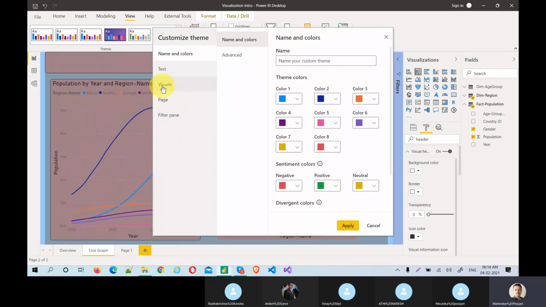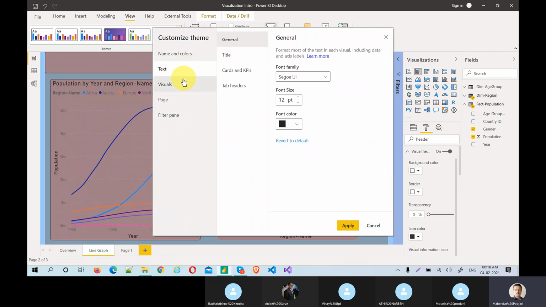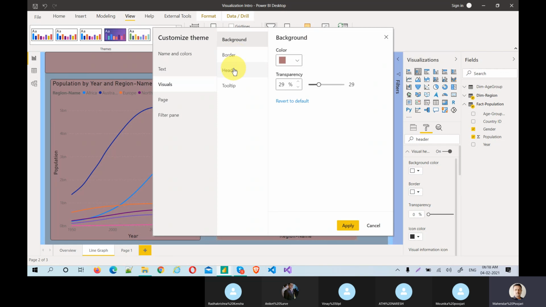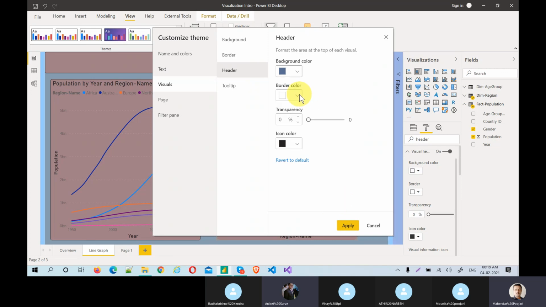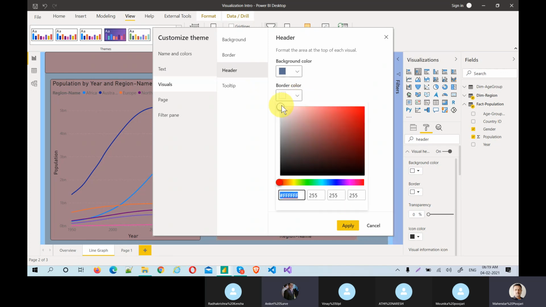Customize the current theme. Let's go to the text. Visual background, visual header. The background color is always white, but let's change it to something else. Blue will be better here. And the border color would be, again, blue.